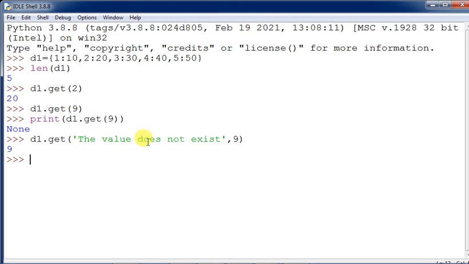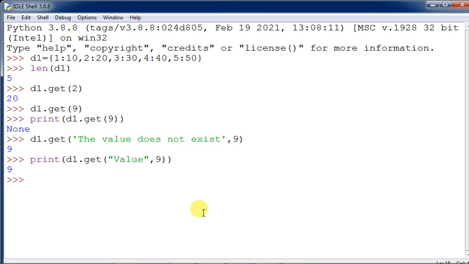Okay, the value does not exist, and this way also it is possible sometimes. And if you are giving print, in that case some more things will come. Print d1.get, and then you are giving a value, suppose "value" out here, and then comma 9. Then what is happening? It is not showing anything out here, because we have made a mistake over there. Then it is coming 9. All right, that is the thing.